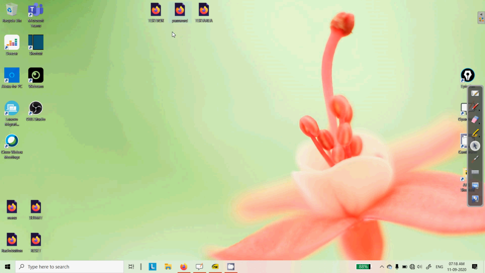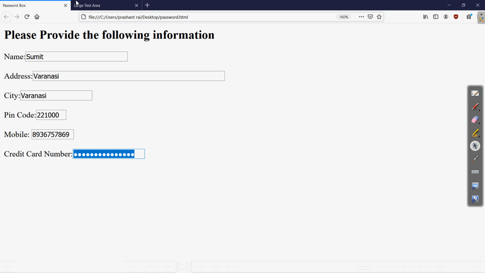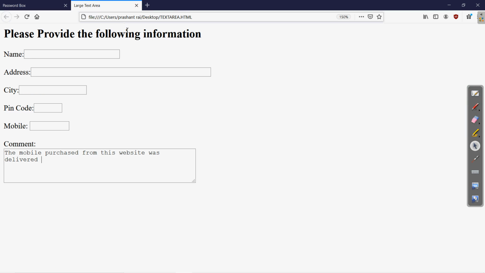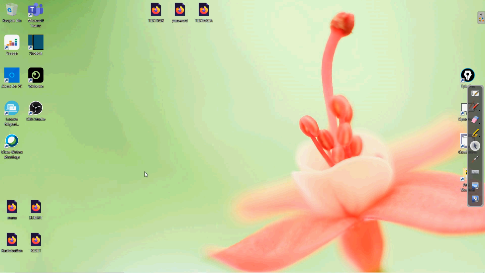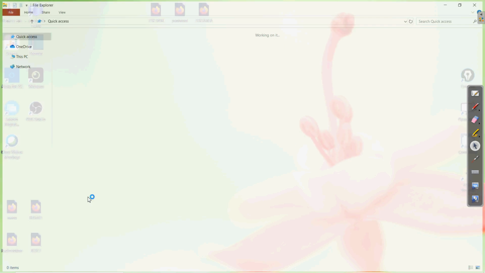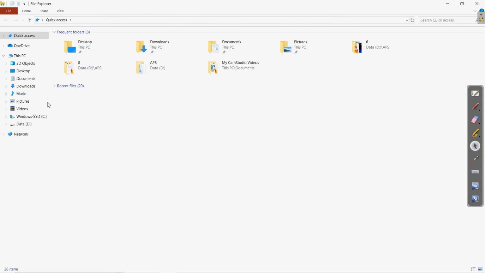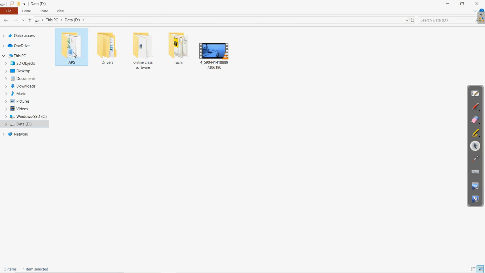Here is the text box. Let me check it once again. Password and text area we have just seen. Then the next is the checkbox attribute. Right now we have the menu radio button. Let me open it once.